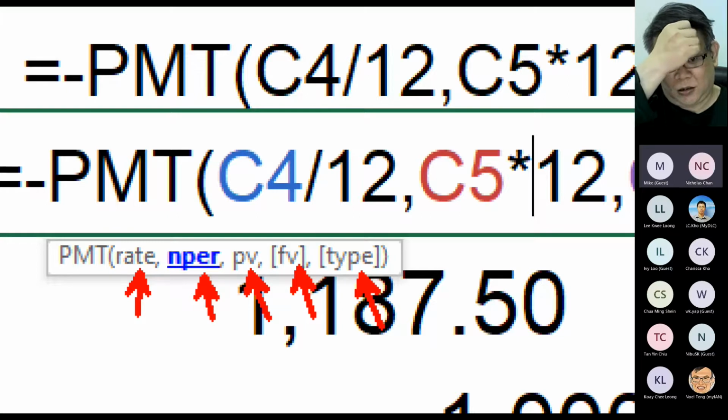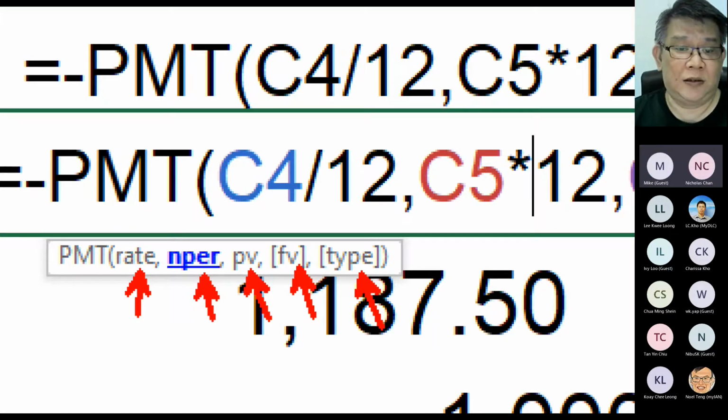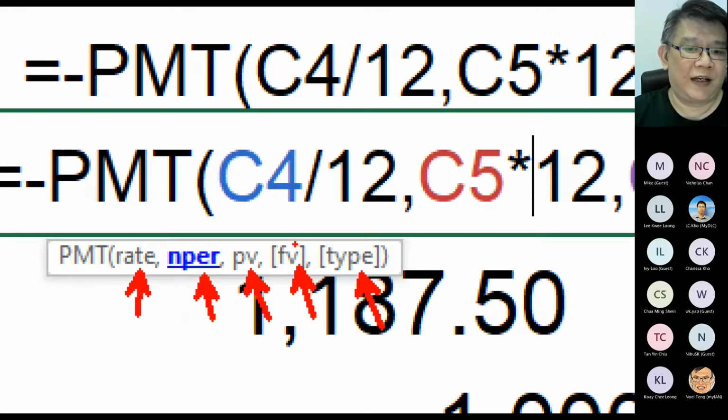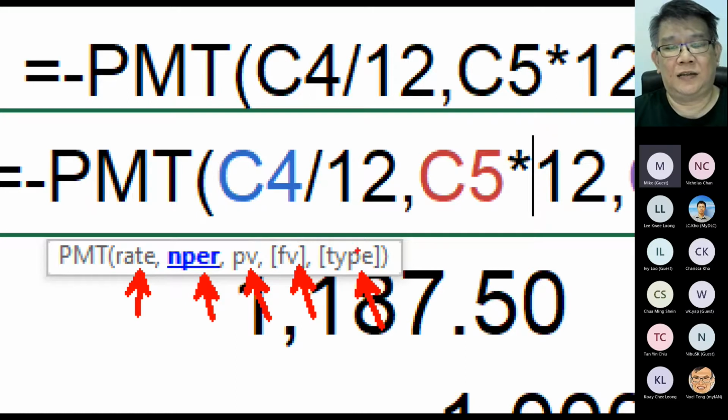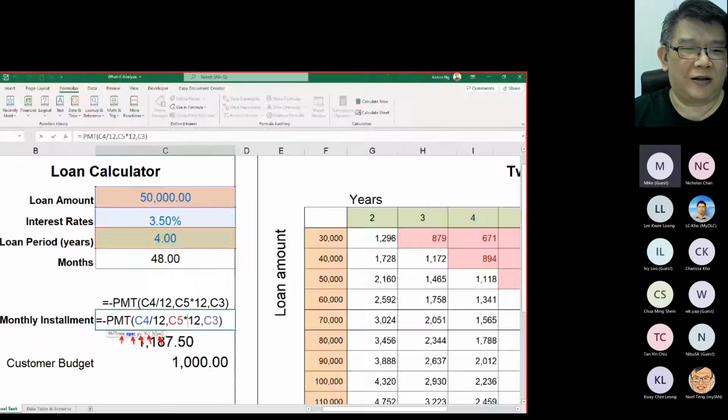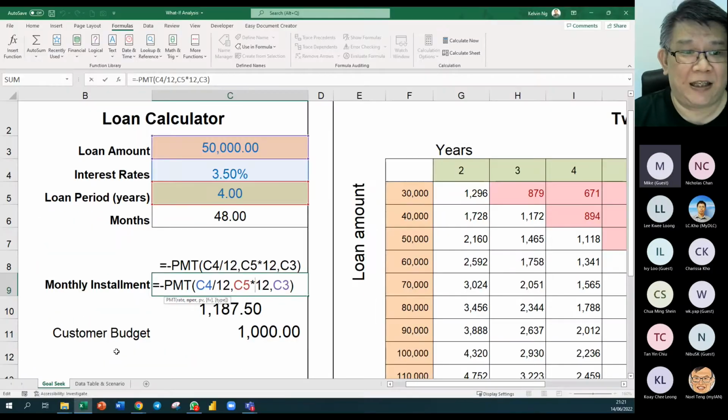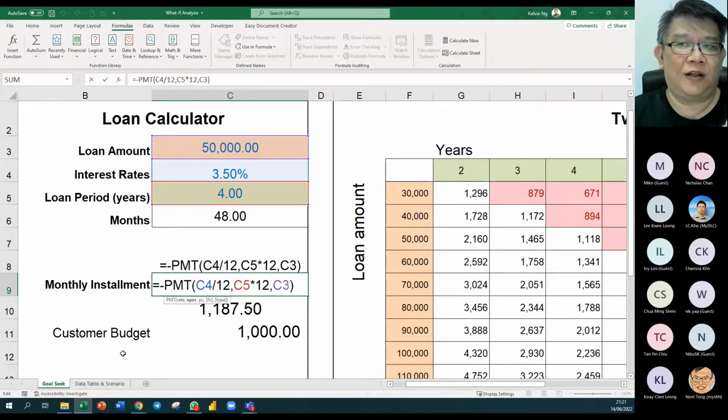Like there's 5, but here you're only using 3. I use 3 because I don't want to put in the future value of your asset, and let's just say you pledge it. From my understanding, if this is a loan that you are paying, the FV actually stands for your